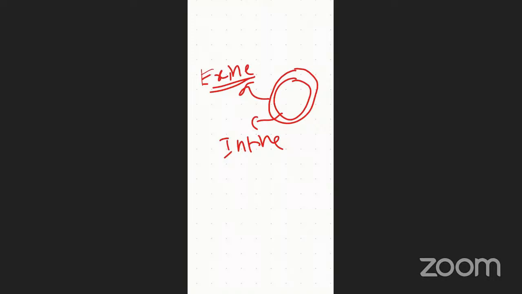In exine ornamentation, first of all, psilate condition. Psilate condition means smooth. If the pollen exine surface is without ornamentation, with a smooth appearance, this is called psilate condition. And scabrate, in scabrate, the exine is somewhat